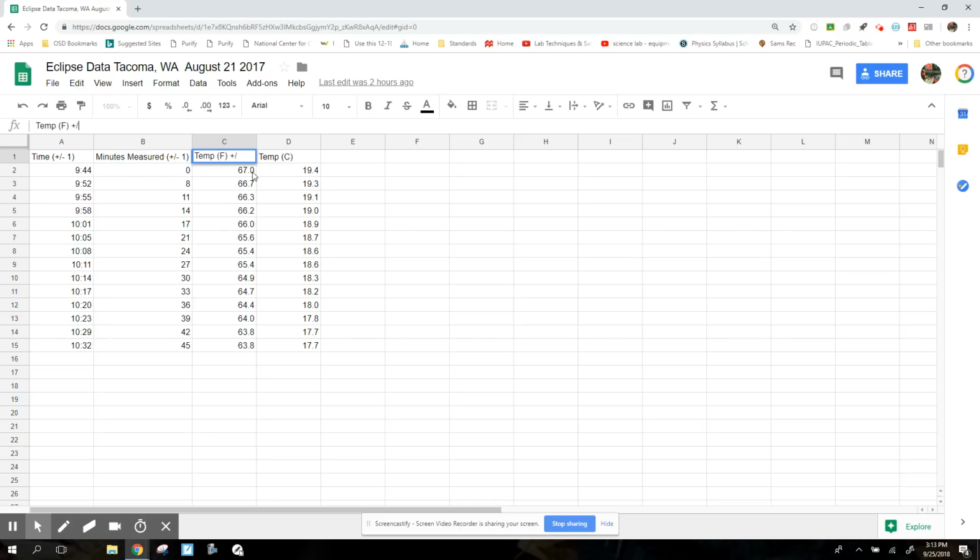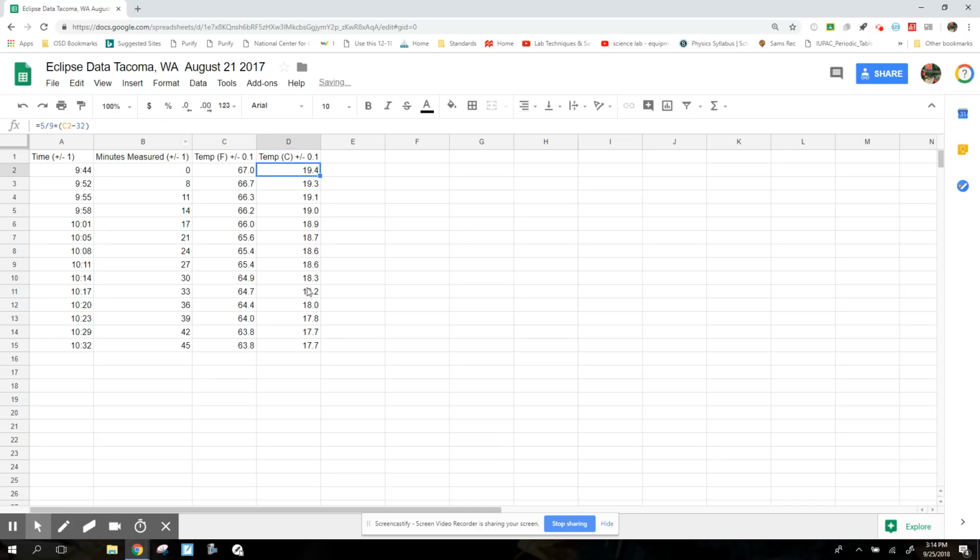So I'm going to say here plus or minus 0.1. And I don't have to put the degrees Fahrenheit after there. And then I transferred that into Celsius because the correct SI unit for temperature is Celsius, and I have 0.1